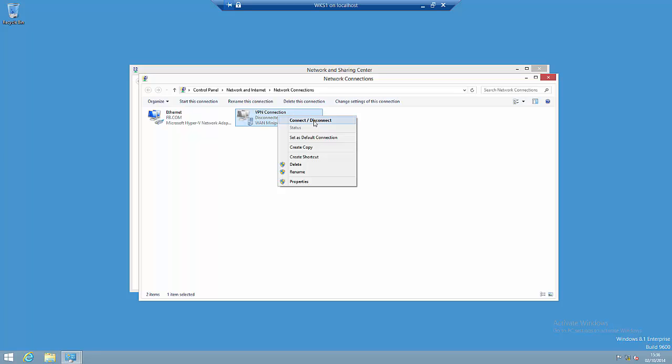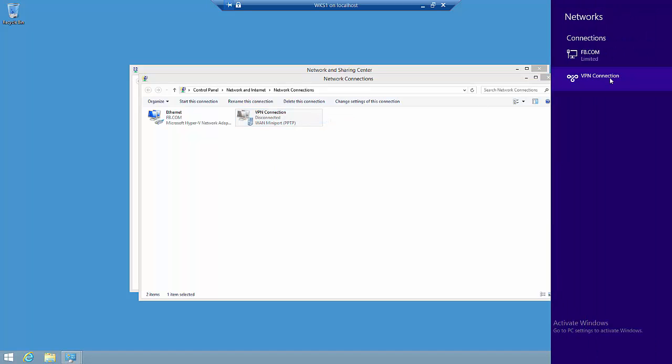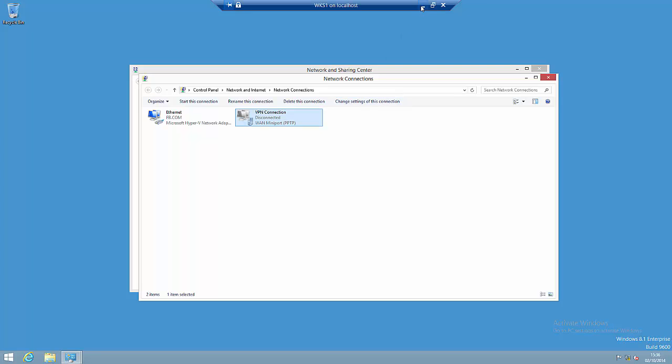back on our client, if we say connect and disconnect, and we try connecting, error 629, the connection was closed by the remote computer. So we still can't connect even though we've got an appropriate policy. Now this comes back to one of the fundamentals of how policies are processed in routing and remote access. If we go back to our remote access server console,